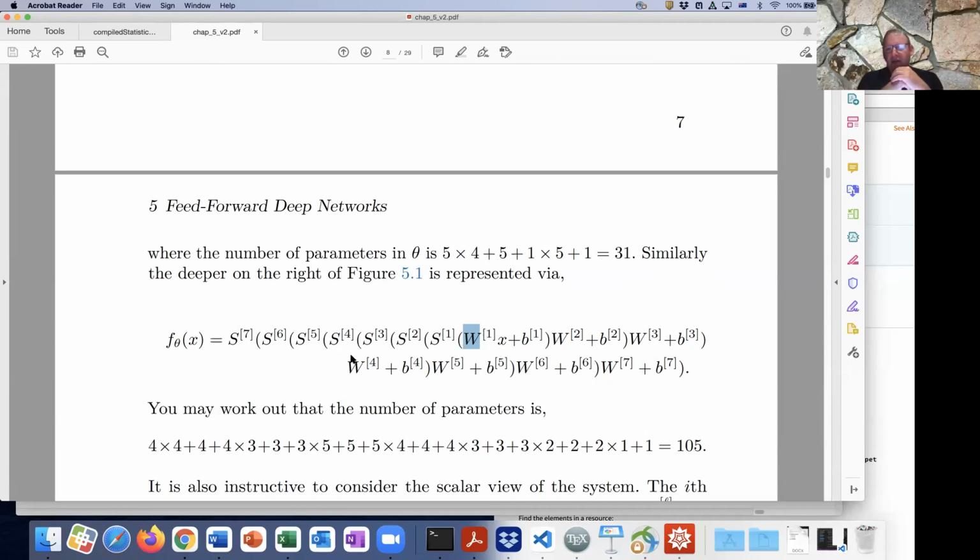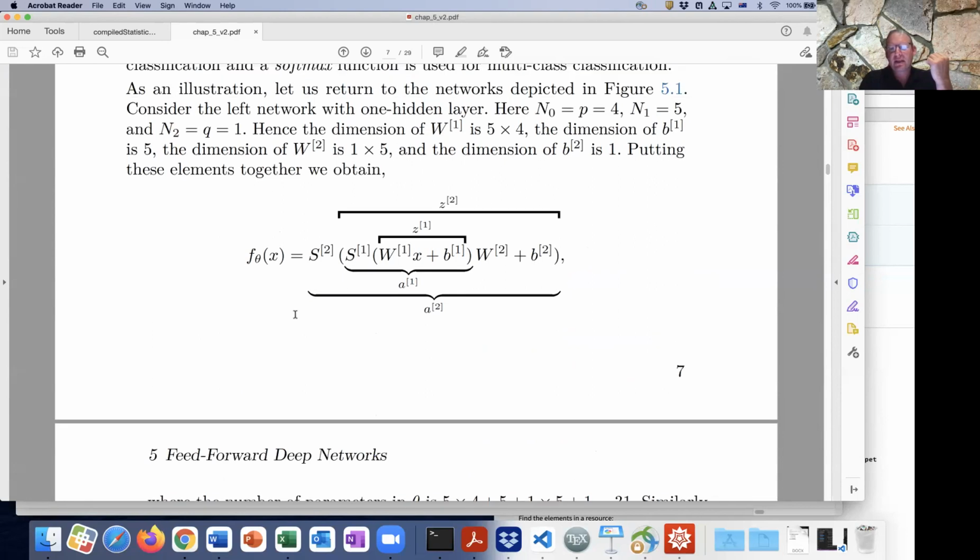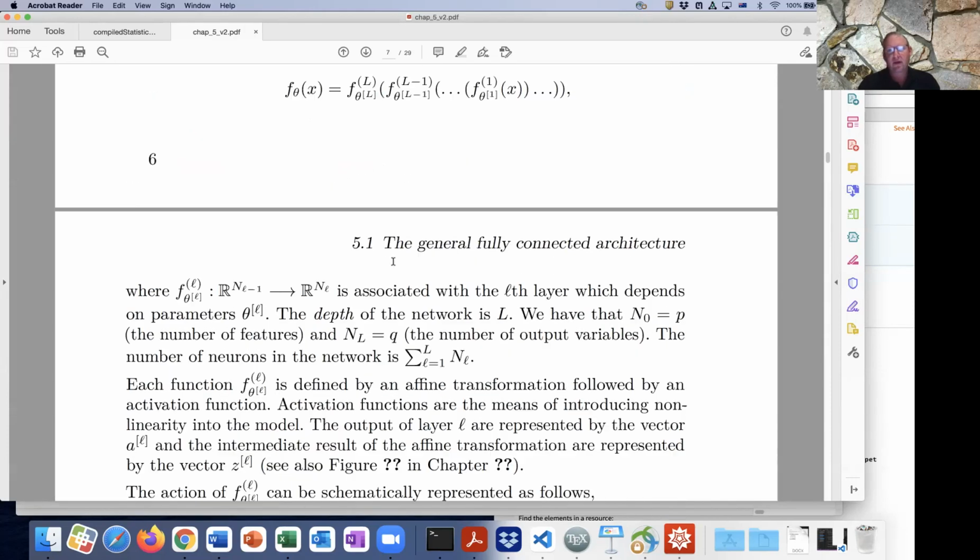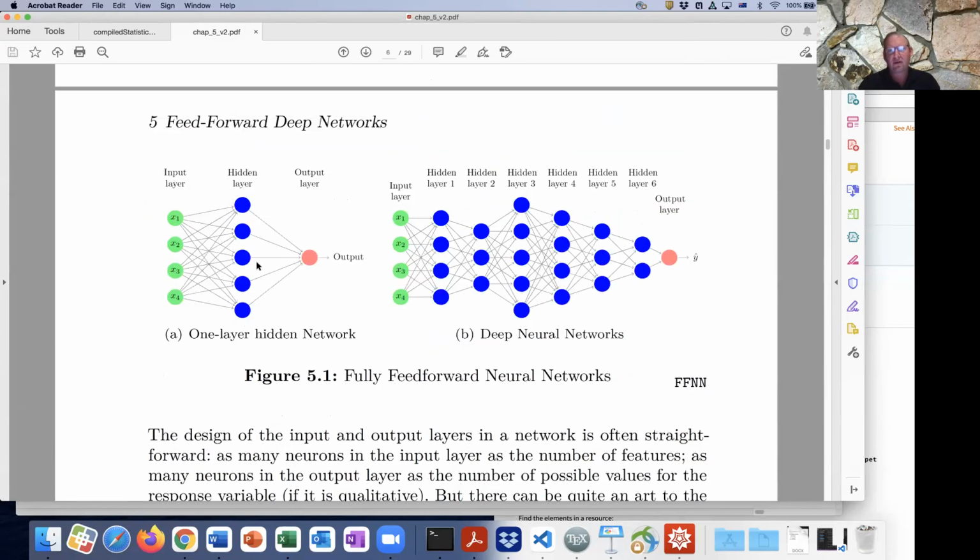So by having just this combination of something affine and some nonlinearity, and affine and some nonlinearity, you can take any arbitrary function and get an approximation for it. If you increase the dimension of these W's, that means you get more and more neurons, more information in the network,